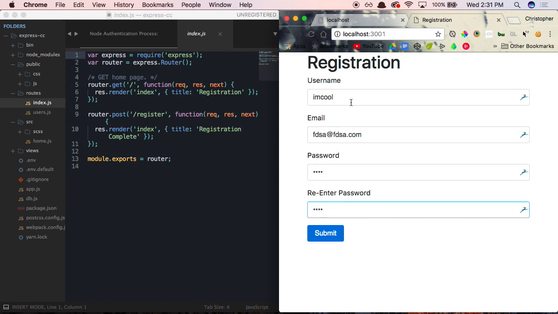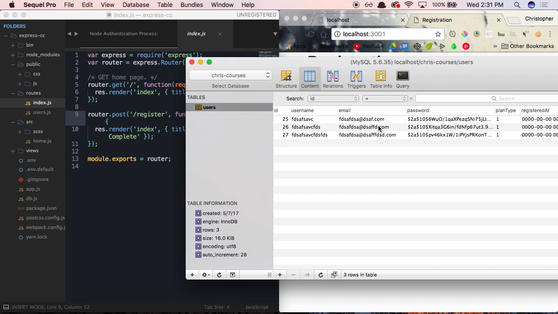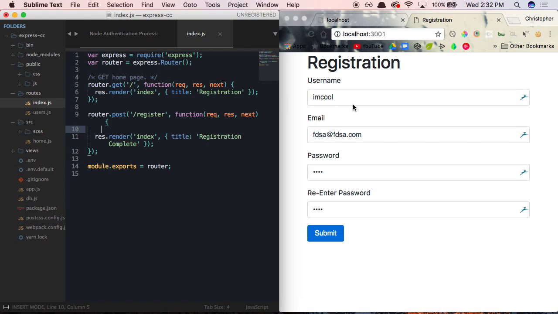We need to make sure that we're grabbing these values, registering them within our post request here, and then we're going to write some code that actually pushes them up so that they're being stored as values over here. So in order to grab these inputs, we need to actually access them within the request object being sent up through the post request. So if I wanted to access this username input, I could simply access it by typing